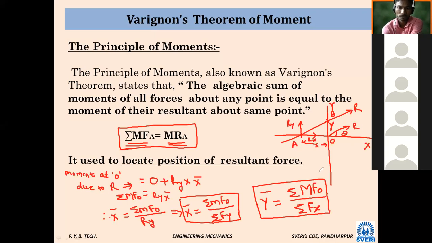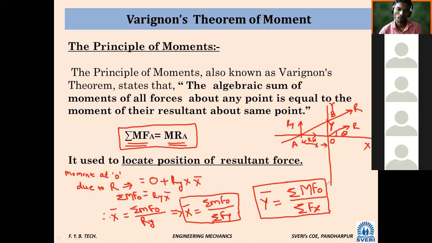What is x bar and y bar? What is it here, x bar and y bar? X intercept and Y intercept. Whose x intercept and y intercept? Whose? Correct, this answer is correct. X intercept and y intercept, but of whom? Of the resultant. Very good. It is of the resultant. Means where that resultant cuts the x axis and where it cuts the y axis, those distances are x bar and y bar. Now you will apply a little logic here.